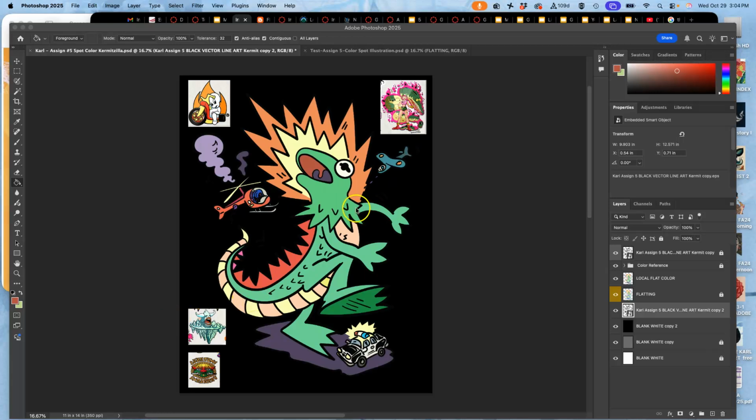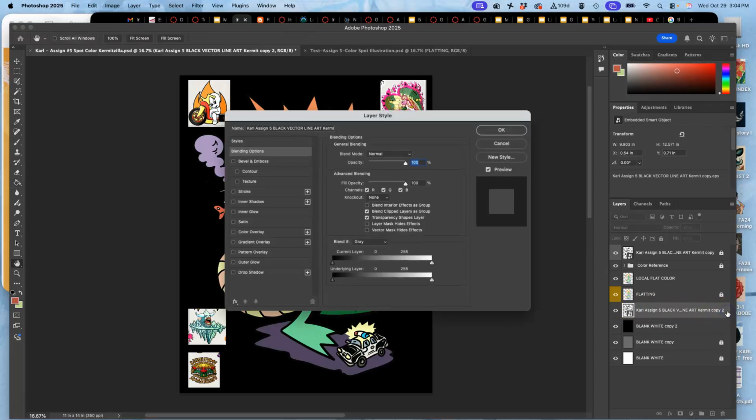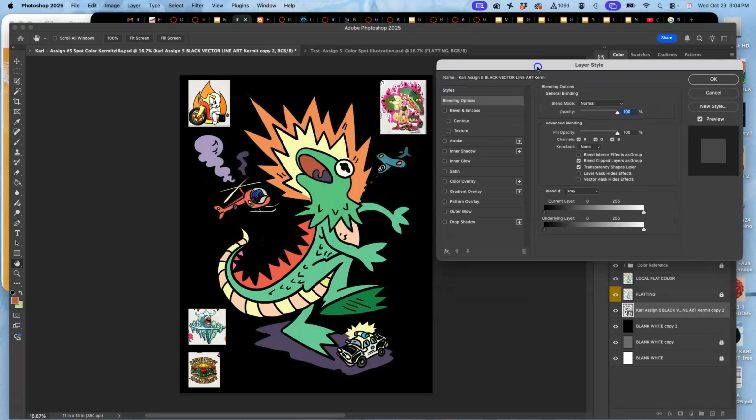All right, so at the end of the last video, I was getting ready to finish off this flat color version, which is always the first step to doing more complicated digital coloring. And what I did is I made a duplicate of my line art, and then I moved that duplicate down underneath my flatting layer. I'm going to keep it as a vector, and then I'm going to double click on it to open up my layer styles. And we've done this before with our vector